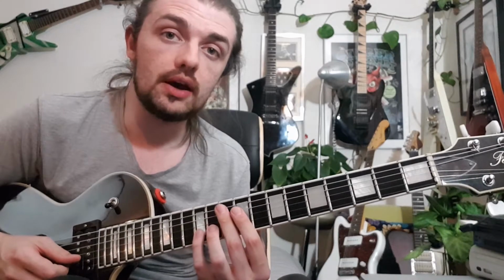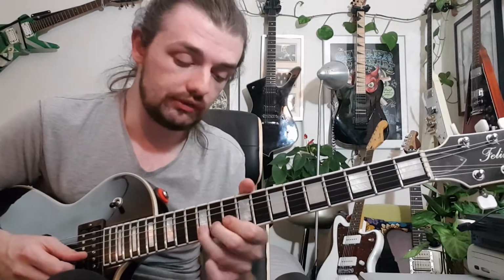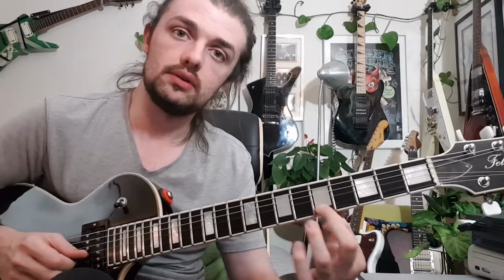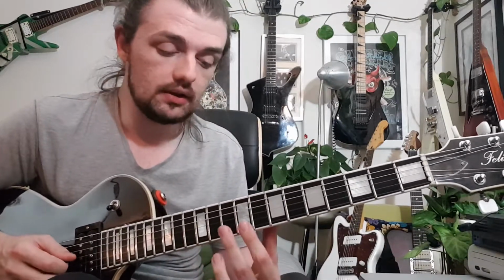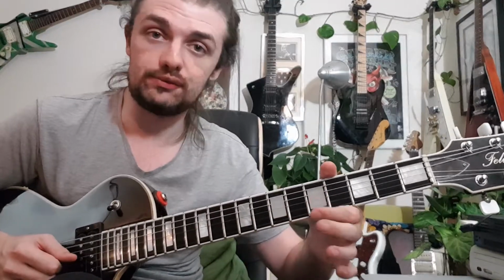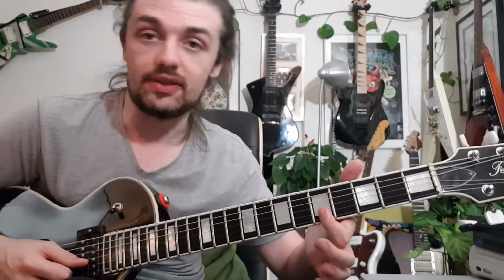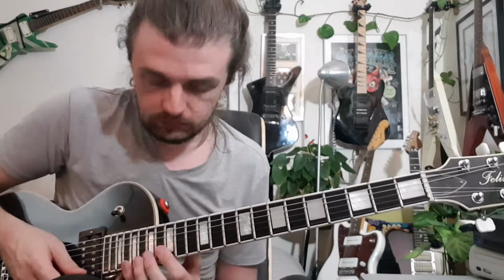Now we've got more of just a scale run, really. So this is all on the B string. So it's going to be 12, open again, 10, 9, 7, 5. You land on the 5th fret there, that E, which is your tonic, your root note. So far we have...